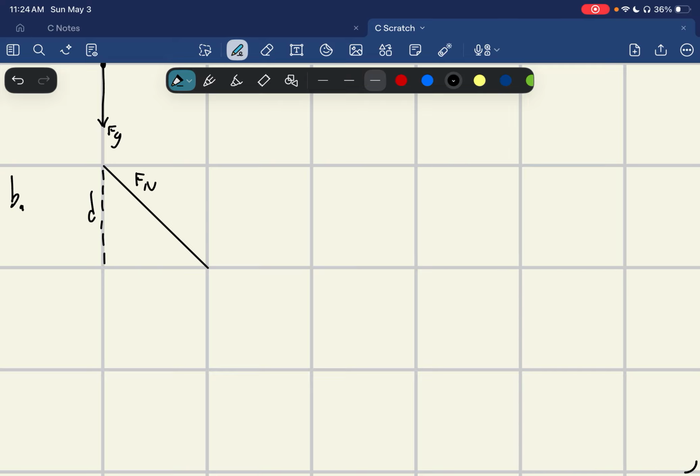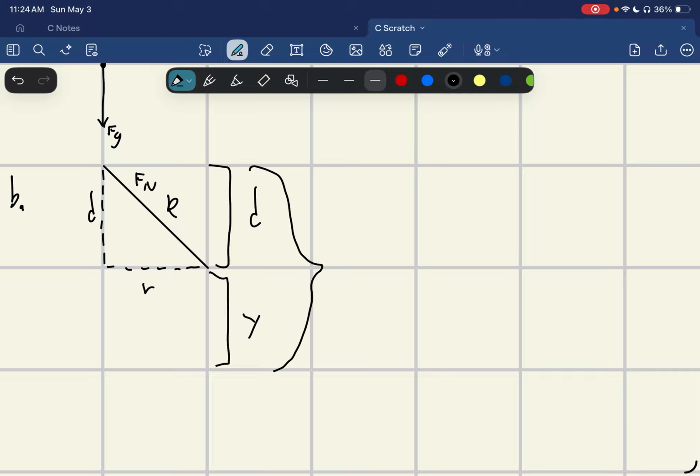This is going to be d, and then with matching Fn, that's going to be a big R, and then this little piece right here is going to be r, and then because this here matches with d, this down here would match with y, and then this entire thing will equal big R. Okay, and then I have my angle here be theta. Okay, so